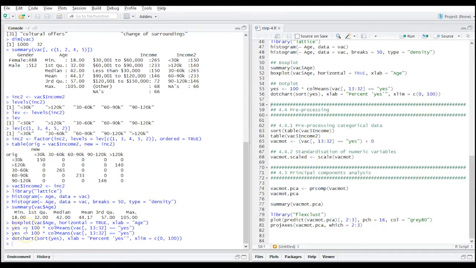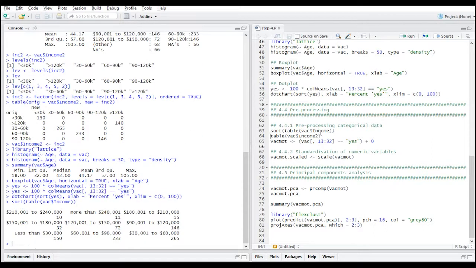The pre-processing differs on what kind of data we have. So for categorical variables, for example, if we look at the variable income and what the frequency distribution of the different categories in that variable income looks like, we sort it in increasing order of frequencies. We see that the first 5 levels here contain only very few observations, and these are all the levels which are the high income categories. So these are the categories where people earn more than